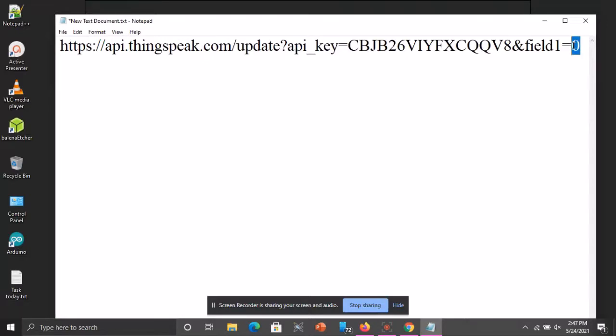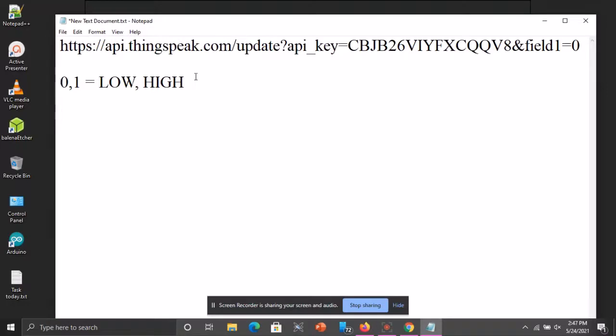We can change this value to 1. Why? Because in electronics we have two values. What are those values? 0 and 1. In Arduino we can say low and high. So we only have to work with these.